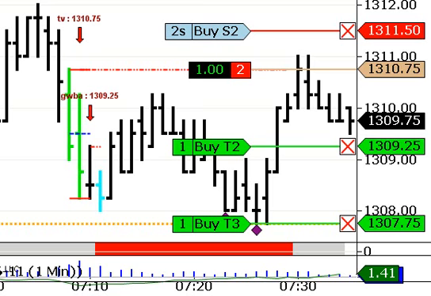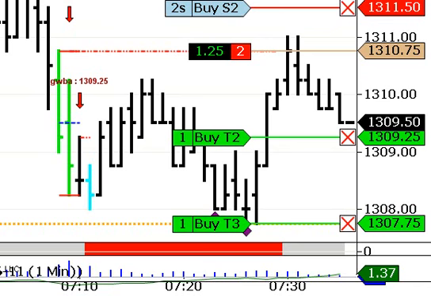The two lime green bars that you see over on the left side, that is a balance area, and this particular trade was actually entered right at the top of that balance area. So